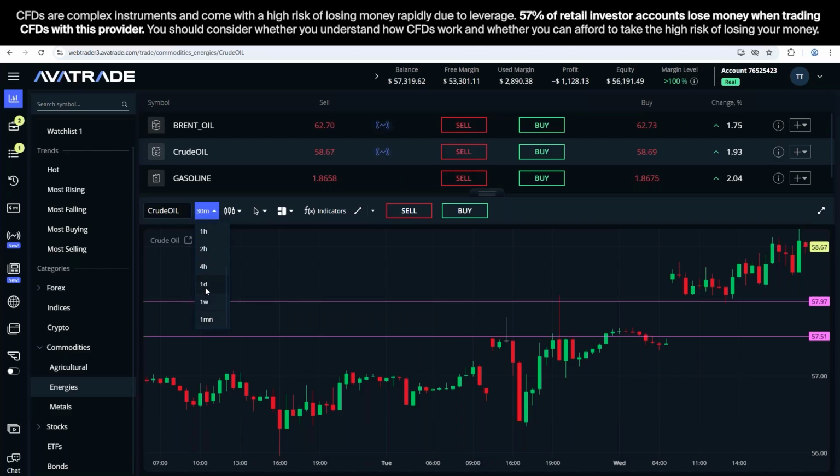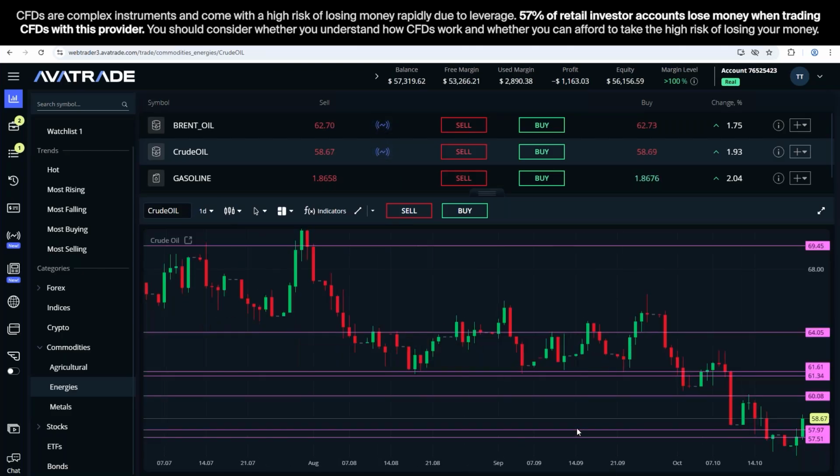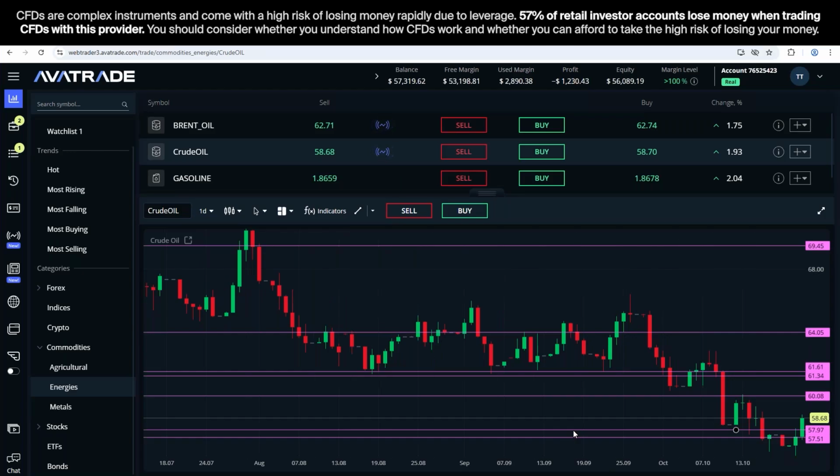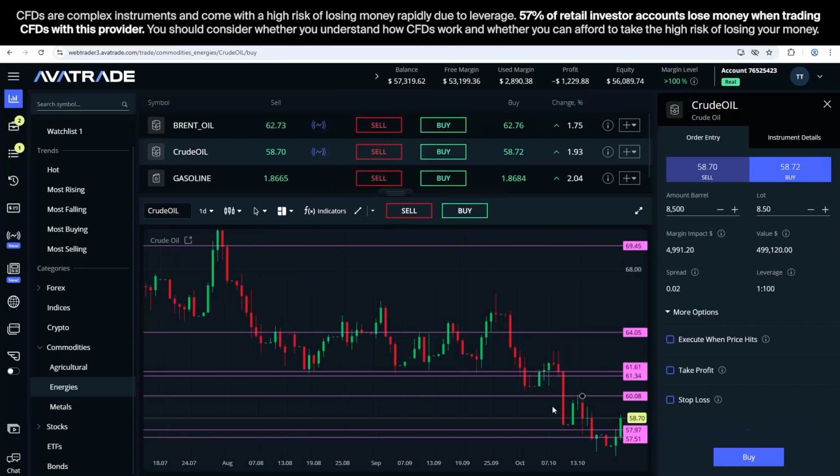If we take a look at, say, 1-day candles, if you do think that's a strong enough uptrend, technically speaking, to bring you in, you can see the line I drew a while back, that's a resistance level, and that's exactly where the signal is. They're saying that to take profit, that probably if it gets to $60 a barrel, it might find some resistance and have a little trouble going up further. And that's why, because that's a resistance level from a week or so back where it hit and then dropped. Okay, so if we then set this up according to the signal and also according to what we see here on the 1-day candles, take profit up near 60,